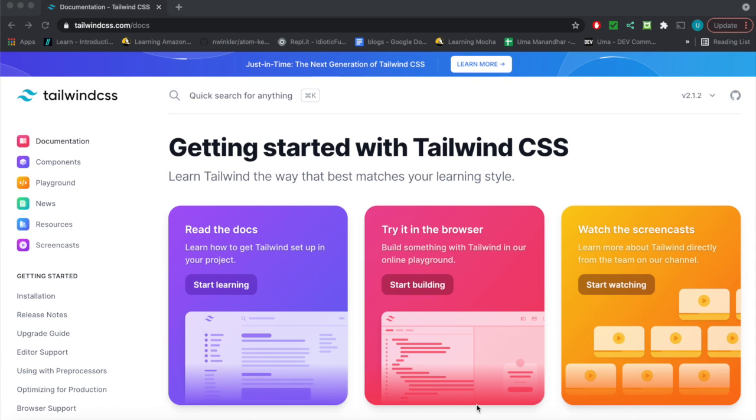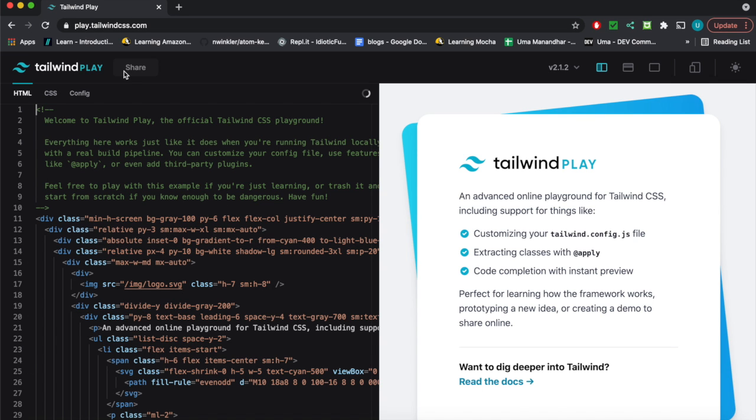Hello everyone. If you're thinking of learning Tailwind CSS but you don't want to go through the installation and configuration, Tailwind CSS has a really great feature called Playground, and it's right here. If you go to the Playground, it will bring you to the Tailwind Play,